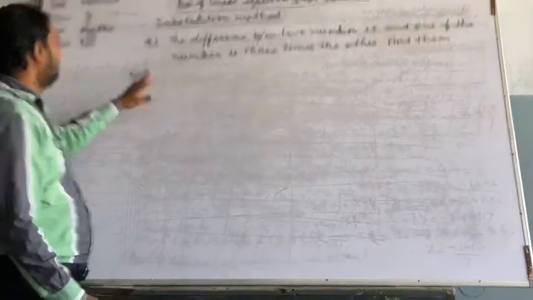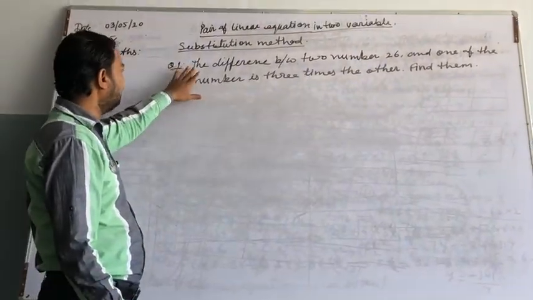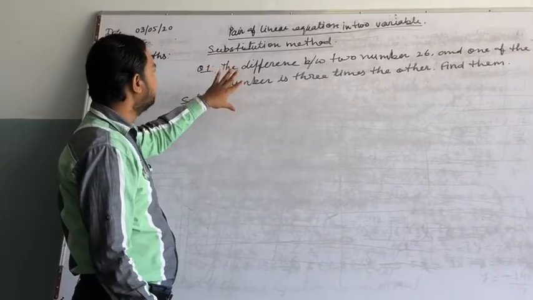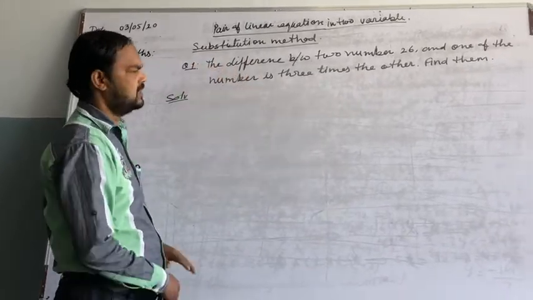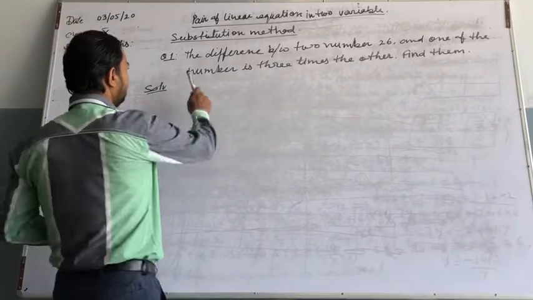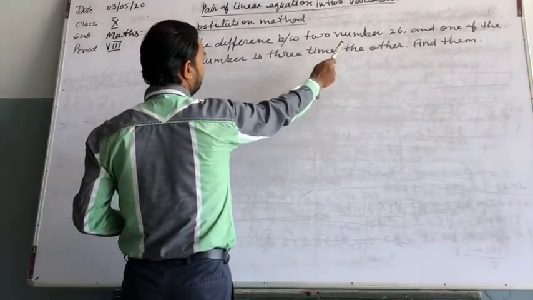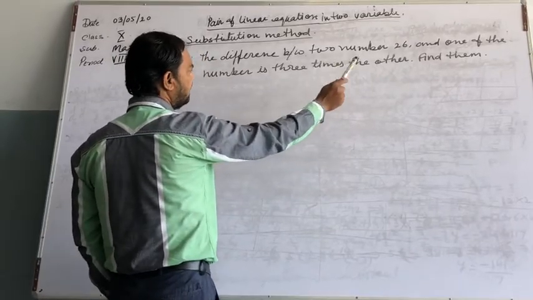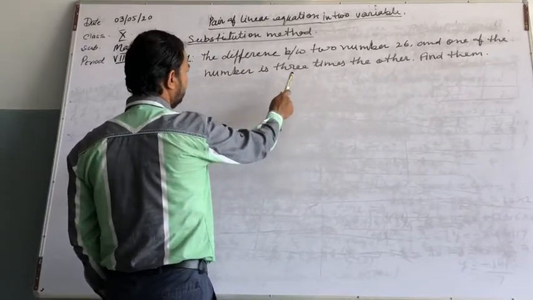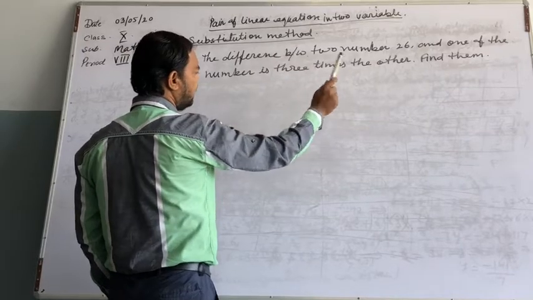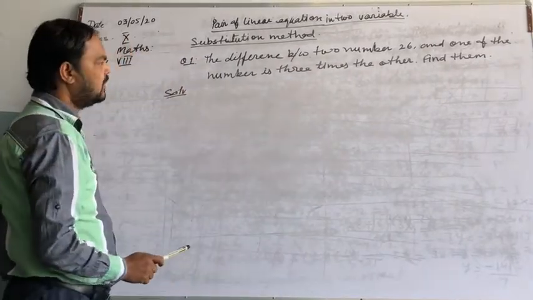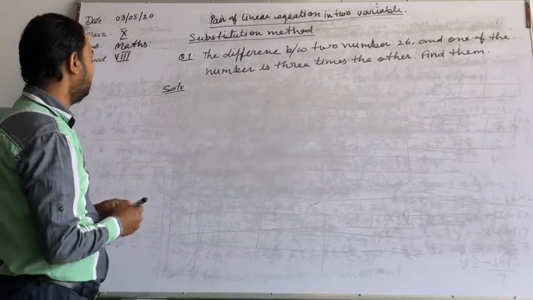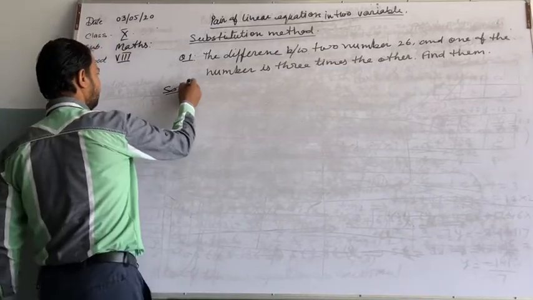First of all, we try to form an equation for these two different conditions. The first is: the difference between two numbers is 26, and one of the numbers is 3 times the other. Find them. Since there are two numbers, we have to suppose,